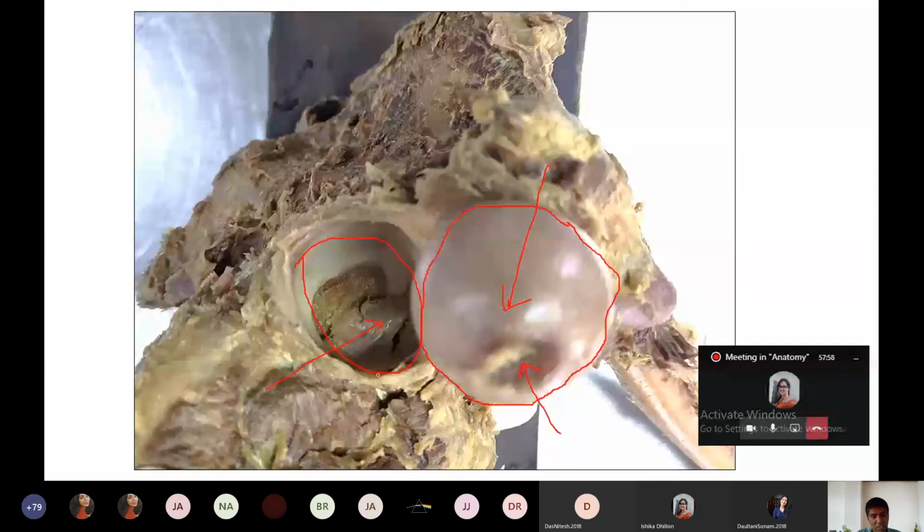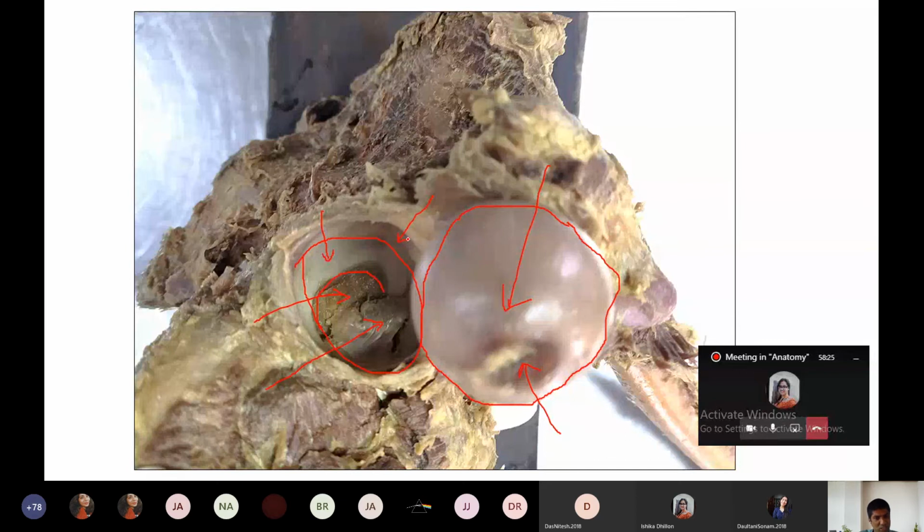So this thing you read, okay? And here you can see the pad of fat, which is lying within the central part of the acetabulum, the non-articular part of the acetabulum. And here this is the articular part of the acetabulum. If it is pinned here like this, you can say articular part of the acetabulum. And what's its name? It has a half-moon shaped structure, so you can say lunate. What is its complete name? Can you tell?